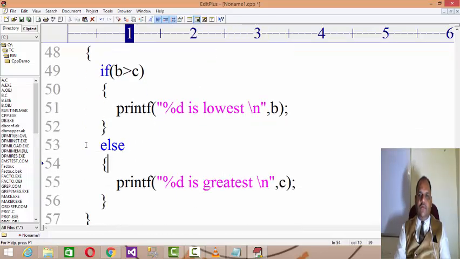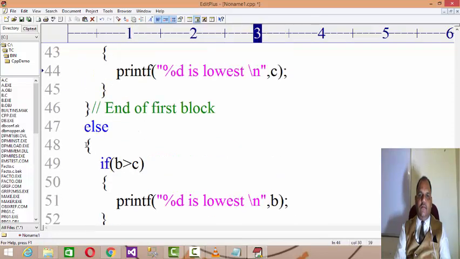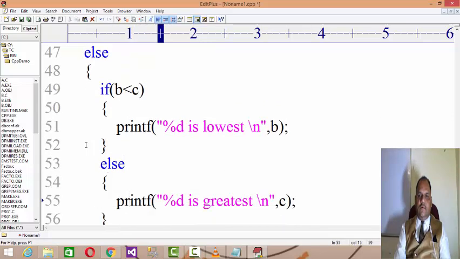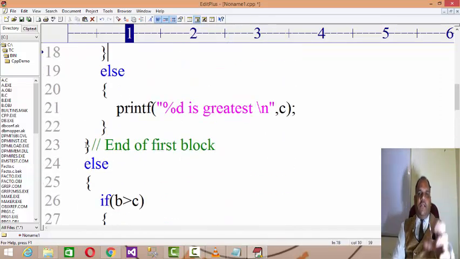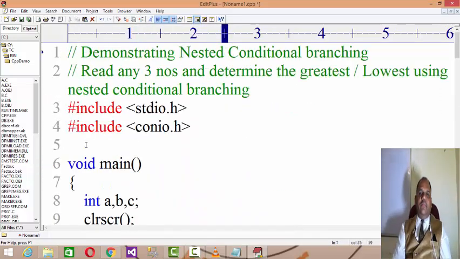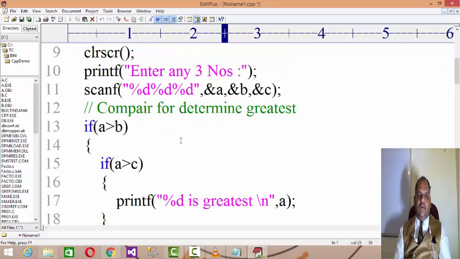In the else part, the lowest is b, here with less than instead of greater than, and here the lowest is c. Right? If you test the program, it's a good first example to understand how we can perform nested conditional branching to determine conditions within conditions.